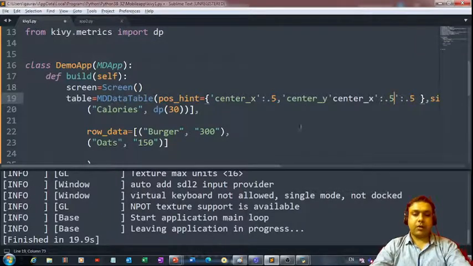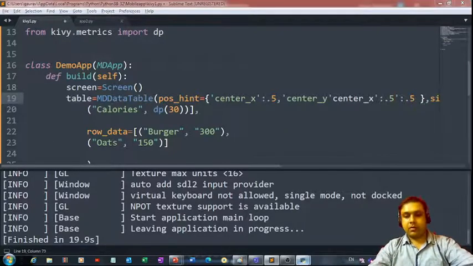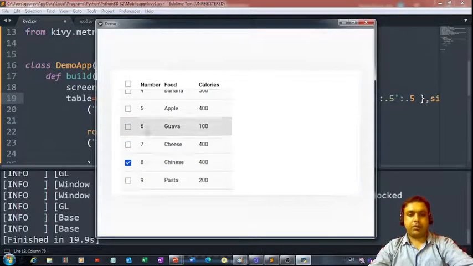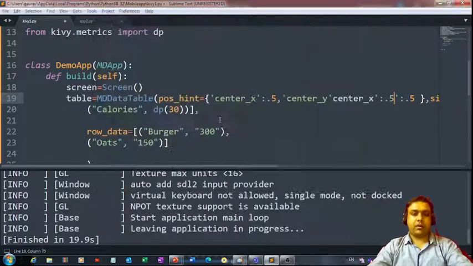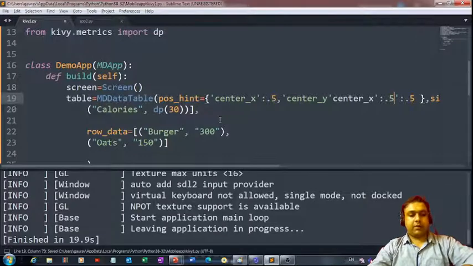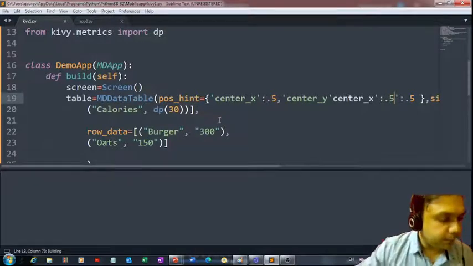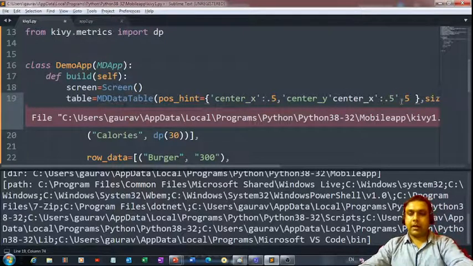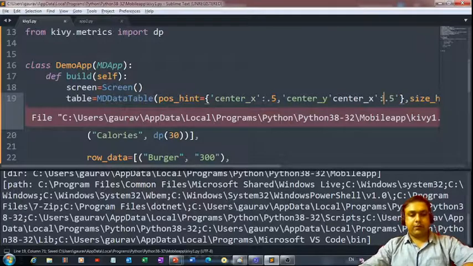You will be able to see the output very soon, no worries. Okay, it's already there. Let me close this window. Saving the changes and running the code again. Okay, so we are getting an error. Why? Because here we'll have to remove this thing from here. I think now it is fine.